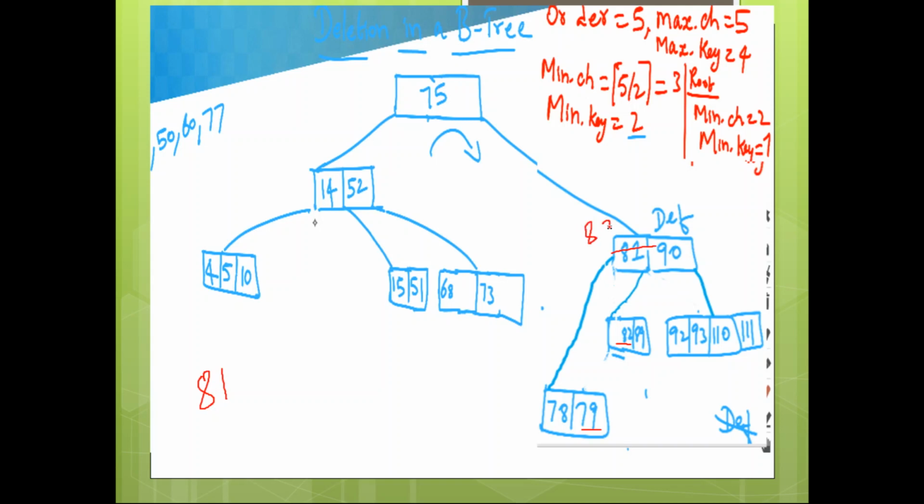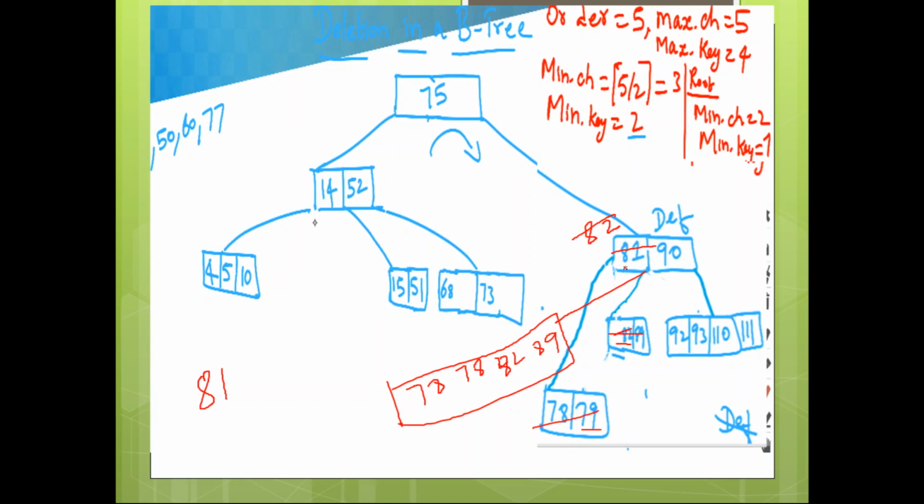If you replace 81 with 82, this node will become deficient. Then again you have to bring this 82 down, and this will become a new node. Now when you bring 82 down, this node will be converted to 78, 79, 80, 82 and 89. That will be pointed to by the left of 90. Okay, this is not here. But now there is a deficiency here.